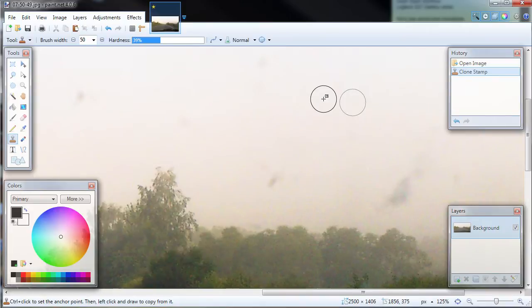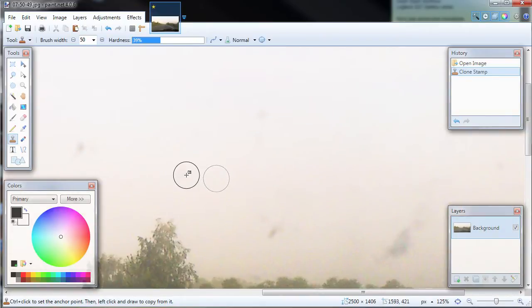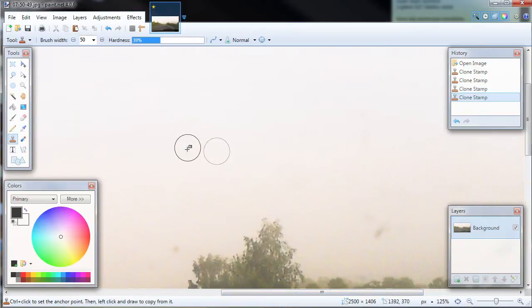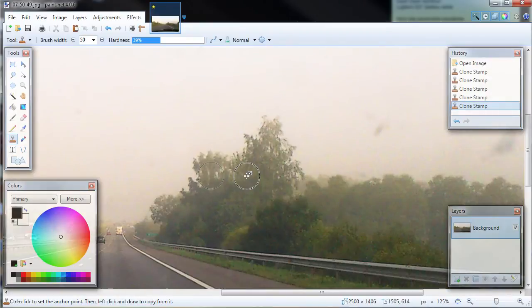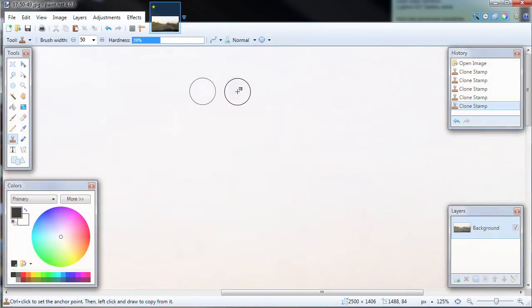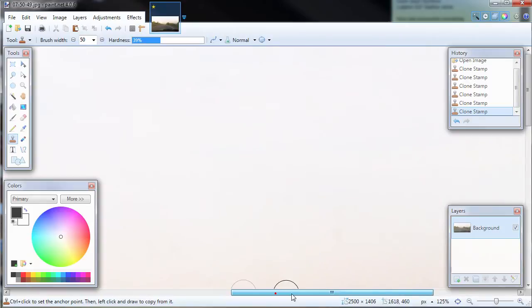Dust or small object should be gone now, and both your bubbles will hold their positions until you change them. You can continue with the other dust particles. If you need to reposition bubbles, just hold Ctrl and click, and so on.